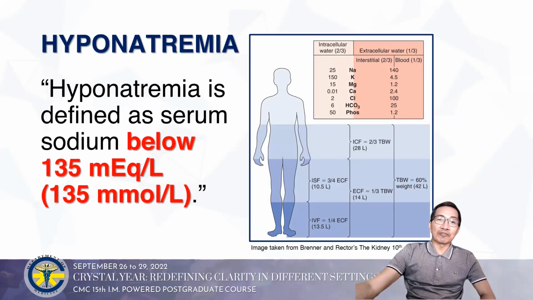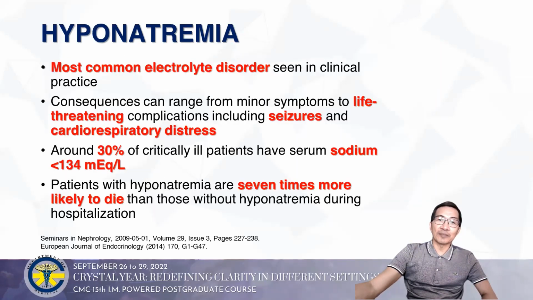We'll go to hyponatremia. Hyponatremia, as we know, is defined as a serum sodium level below 135 milliequivalents per liter or 135 millimoles per liter. It is important because it's the most common electrolyte disorder seen in clinical practice. Now, it can manifest with minor symptoms but can lead to life-threatening complications as well, which might include seizures and